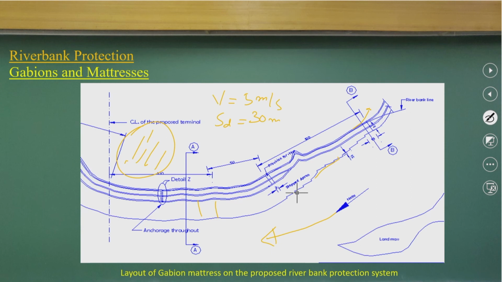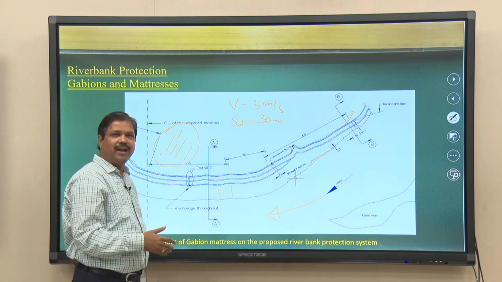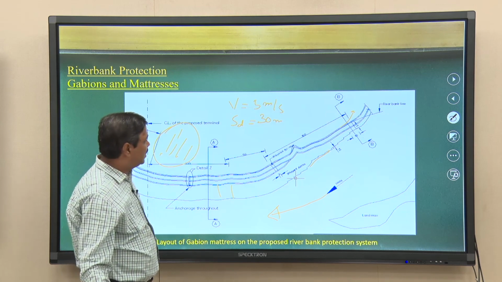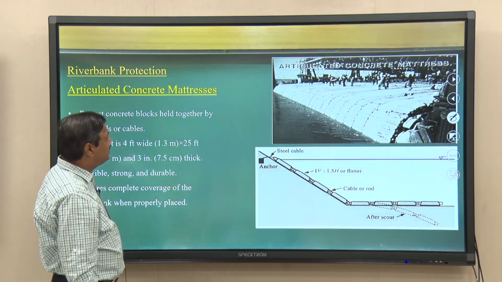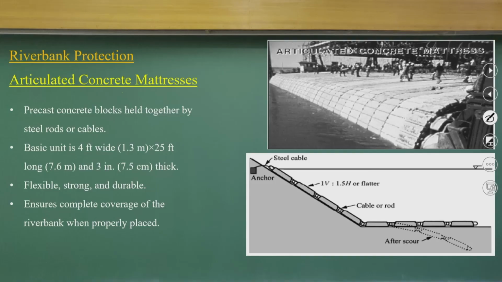But these things are partly implemented in many parts of the Brahmaputra river, protecting the banks, but it is a bit expensive as compared to the others. Now, if you look at this technology, it is a bit costly, because an articulated concrete mattress can be put in place, which I believe can be okay for the smaller